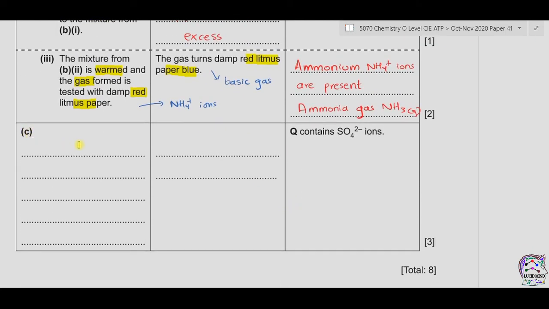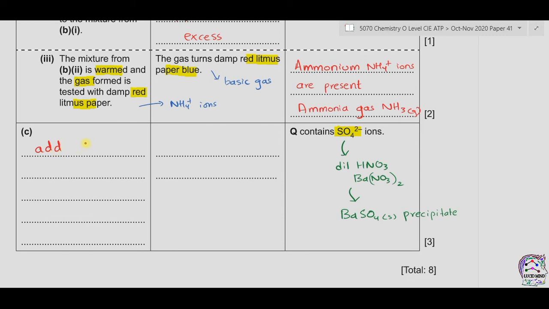Now moving to part C, you have to write the test and the observation for this conclusion. The conclusion says that Q contains sulfate ions. Now we know that the test for sulfate ions is that we should add dilute nitric acid, then add barium nitrate. And a precipitate of barium sulfate is formed, as barium sulfate is an insoluble substance. So we can write the test as